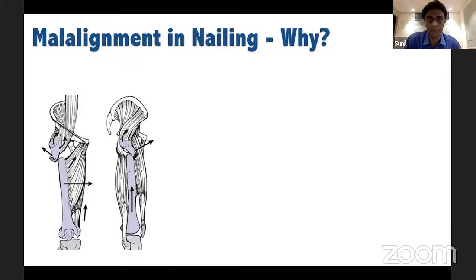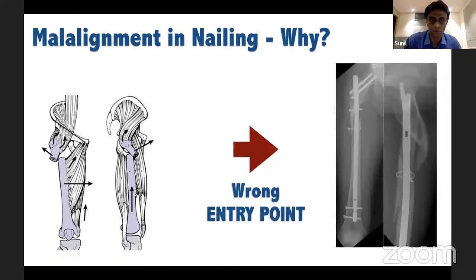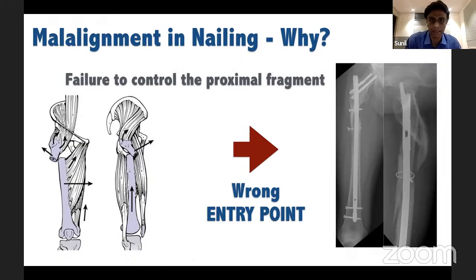So why is malalignment so common when you nail a subtroch fracture? Most often it happens because you end up having a wrong entry point. This happens in turn because you have not got a good reduction. So when you nail a subtroch fracture, the main difficulty is the failure to control the small proximal fragment. That is what predisposes to all our problems. You can get a malreduction, which in turn will predispose you to a wrong entry point and then subsequent further